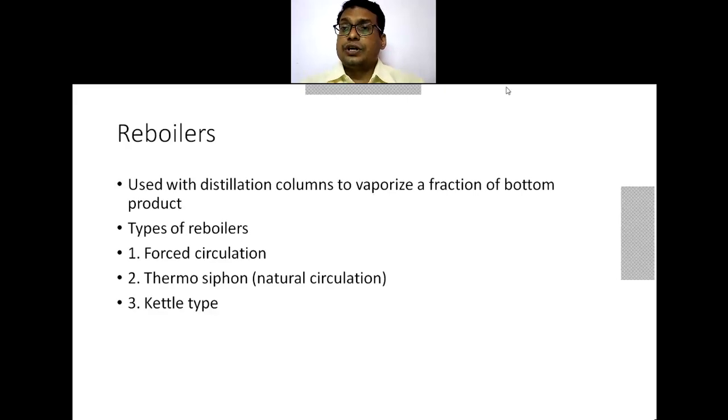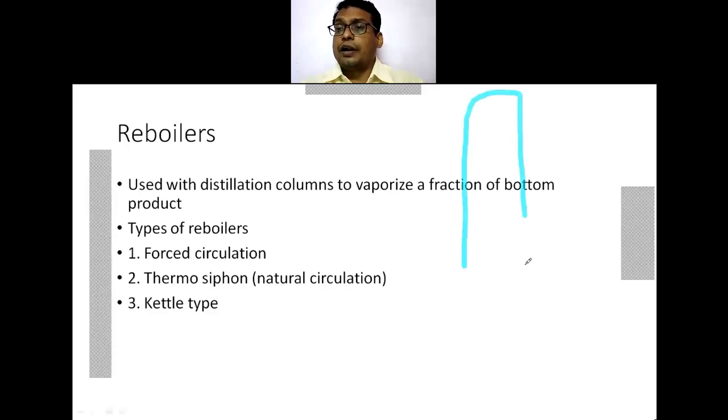Now basically the reboilers are used with a distillation column to vaporize a fraction of the bottom product. That means a distillation column has a condenser attached at the top, and at the bottom it is attached with the reboiler. That means the liquid goes into a reboiler